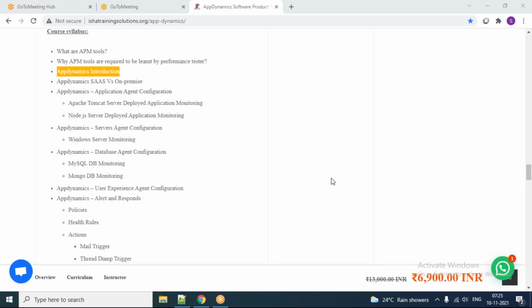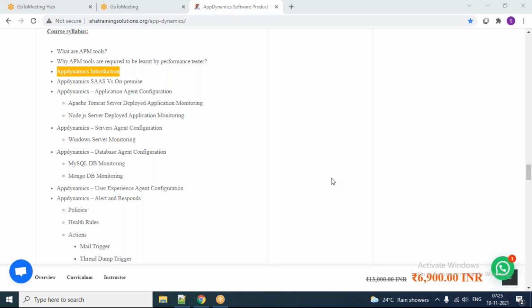Actually, everybody should know this. Why are we giving so much importance to this user experience agent? Because our performance testing tools are not providing browser metrics. They only provide the HTTP layer, I mean server level response times only. Your performance testing tools are not providing browser level metrics. That's the reason nowadays customers are very much focused on getting these level metrics.